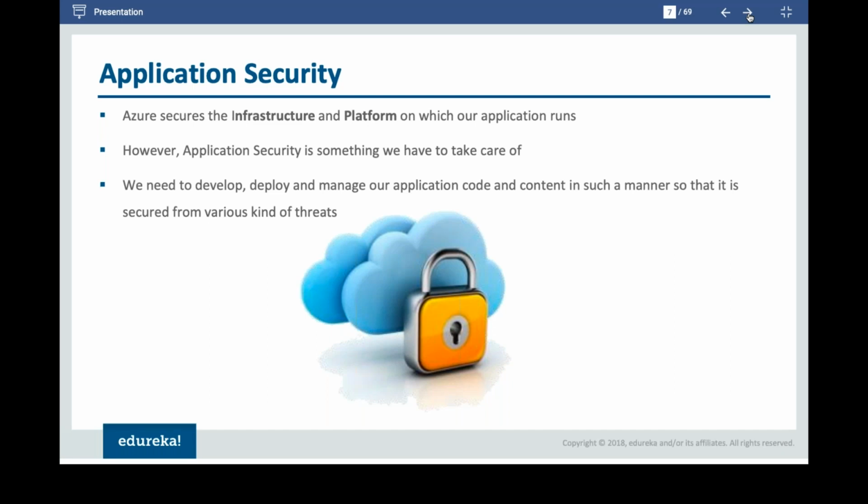So for an example, if I'm going to deploy a web app, consider I'm going to put up a web application. It might be an ASP.NET web application, or it might be a Java application that I'm going to deploy. What I need to do at the end is that I have to put up a component, right? I have to put up an SSL certificate on top of it. I also need to put up some alerts. So I need to configure all these things if I need to keep the application available on